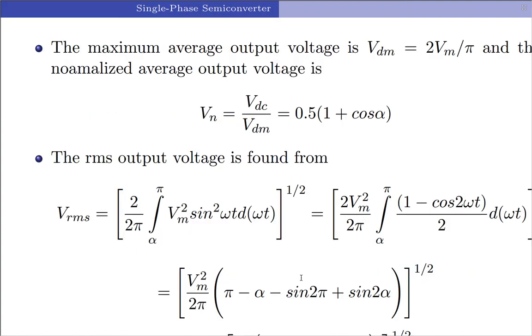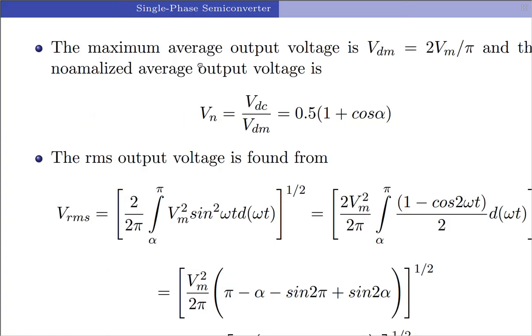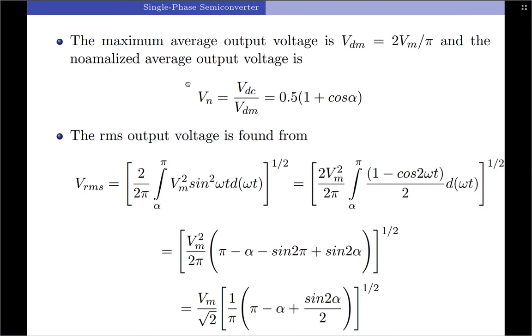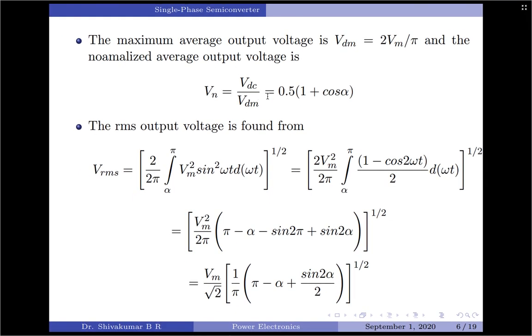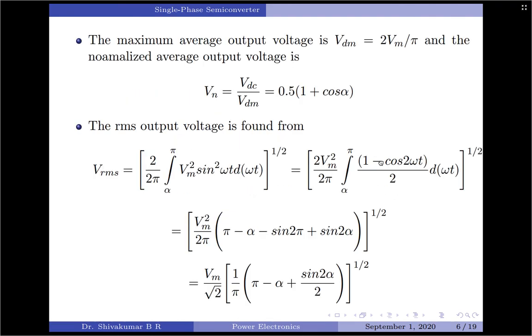Next we have the maximum average output voltage, which is when alpha was 0, and this is 2Vm by pi, right? So the maximum average output voltage, denoted as VDM, is 2Vm by pi, and the normalized average output voltage is Vn, which is equal to VDC divided by the maximum value. So DC voltage we already have computed here, Vm by pi into 1 plus cos alpha, and VDM is 2Vm by pi. So you simply take a ratio of that, and you will get 0.5 into 1 plus cos